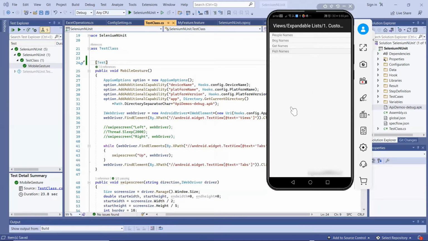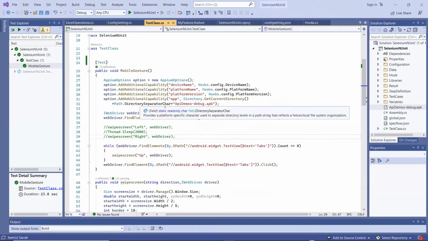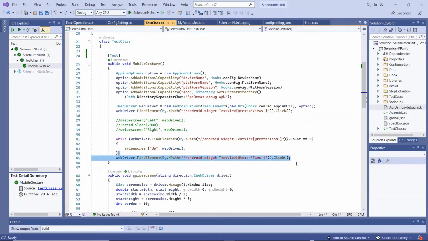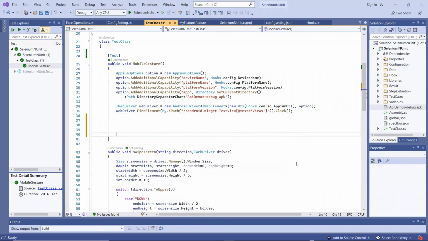Now let's go back to the code and we'll see how we can perform the tap and long press gesture through APM. So let me remove this code first. And then I'll perform the click operation to move inside the expandable list.